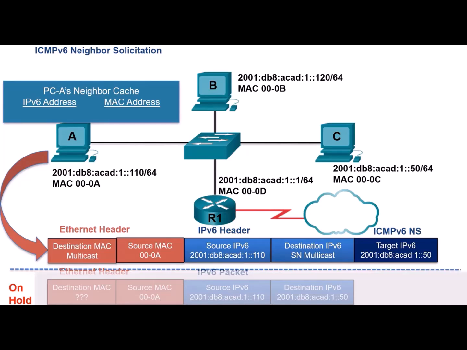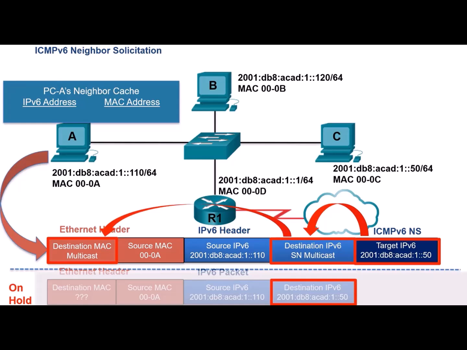The ICMPv6 neighbor solicitation header includes the target IPv6 address, which is the same destination IPv6 address in the packet that is on hold. The target IPv6 address is mapped to a special IPv6 solicited node multicast address, which is then mapped to a special Ethernet multicast MAC address. This mapping process contains a significant portion of the target IPv6 address. This allows for the Ethernet NICs on each device that receives this frame to determine whether or not to accept